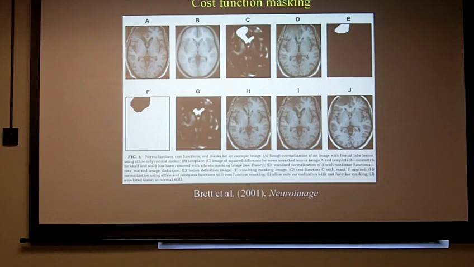More specifically, he used SPM2. In SPM2, the cost function is the sum of squared difference over the whole brain. So when you calculate that, you exclude